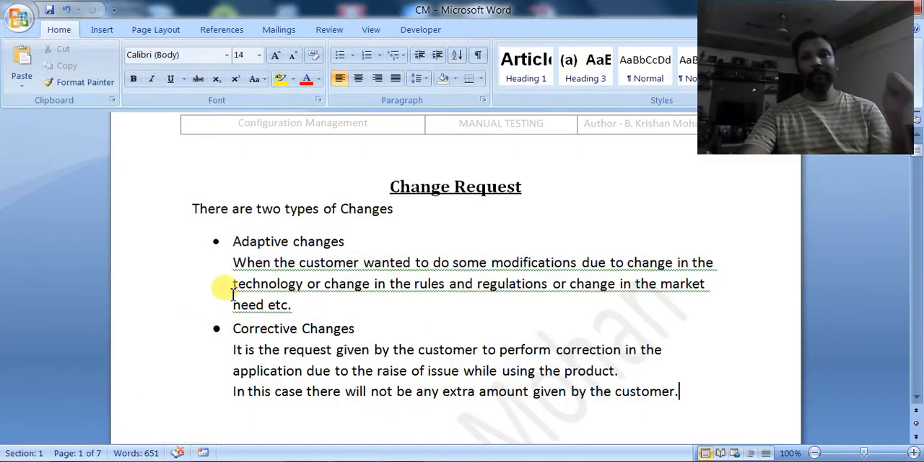See, the changes are of two types. The first one is the adaptive change and the other is the corrective change. Then what is this adaptive change? First we'll go for the corrective change. Suppose